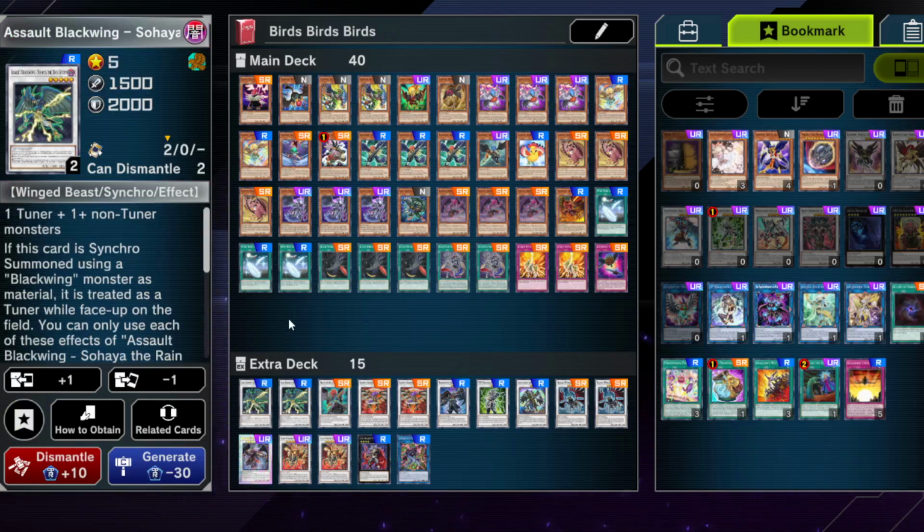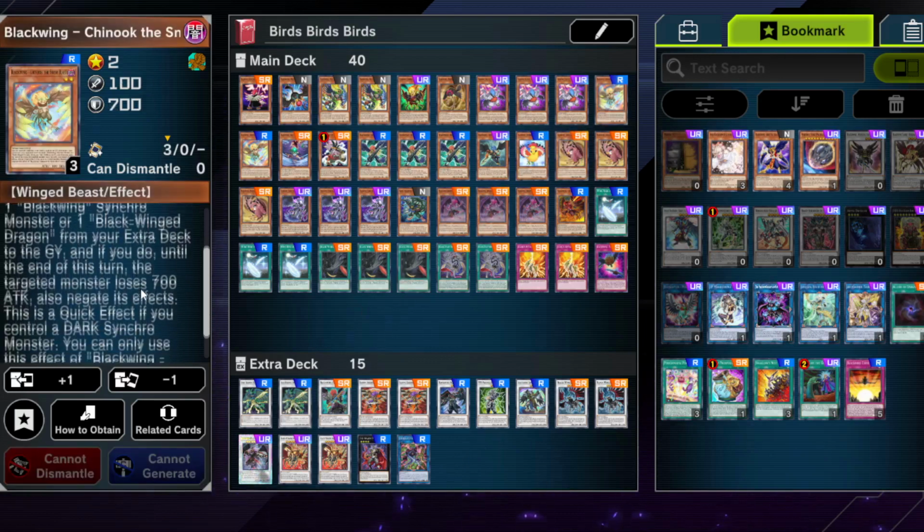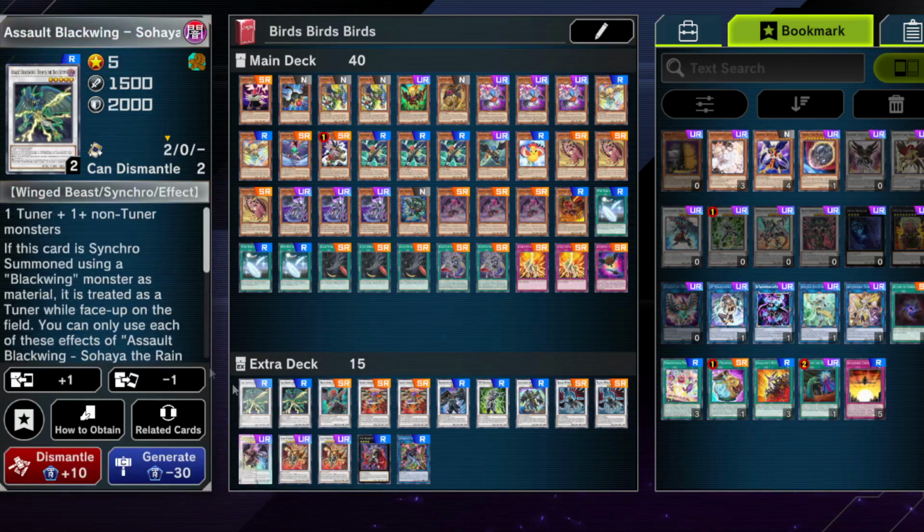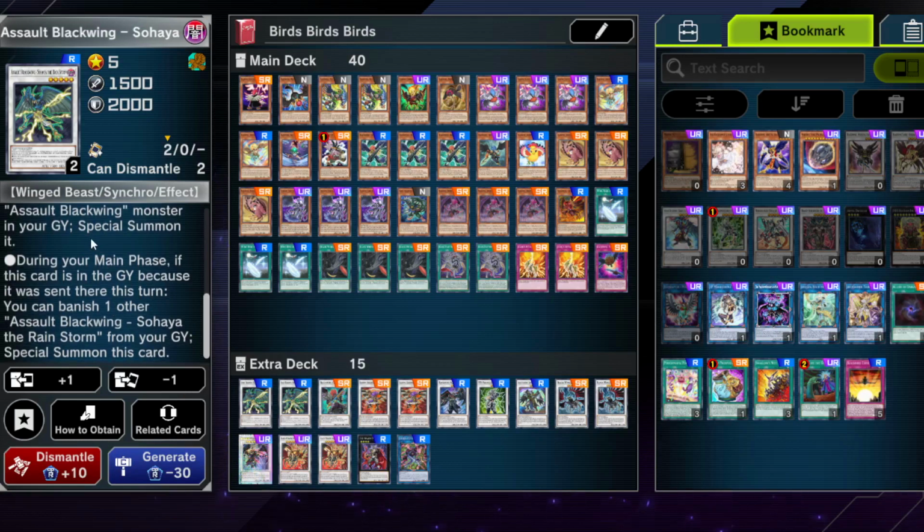For the extra deck, Assault Blackwing Sohaya, 2 of it, because there is an effect where you can send stuff to the graveyard. It's the hand trap, because if you use the effect, then you have to send 1 Blackwing Synchro Monster or Blackwinged Dragon from your extra deck to the graveyard, and then you can use the effect. And this card has an effect that during your main phase,